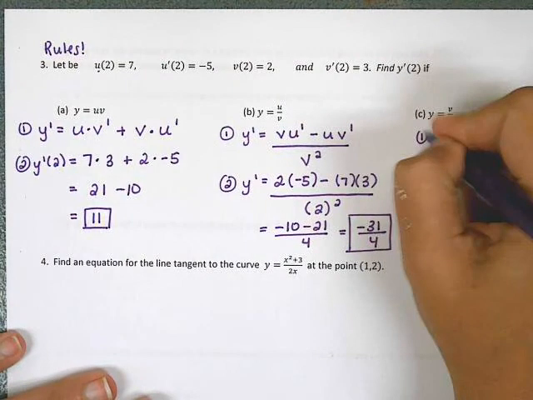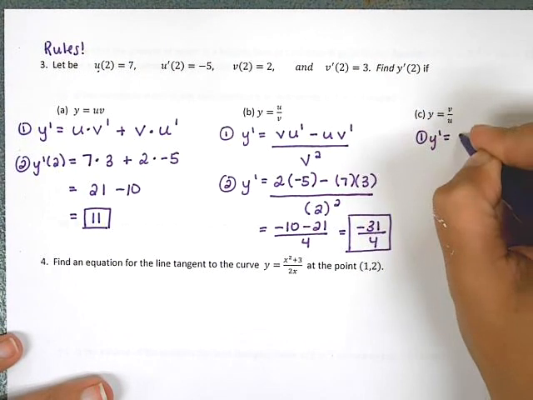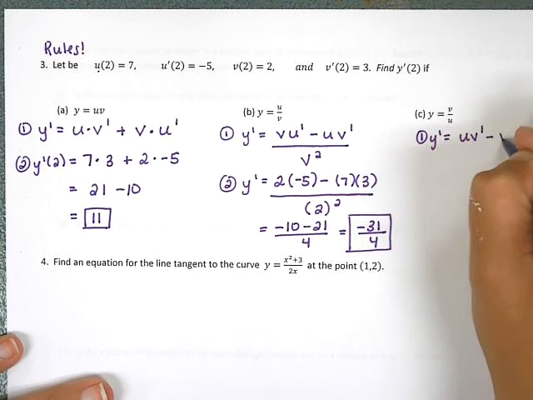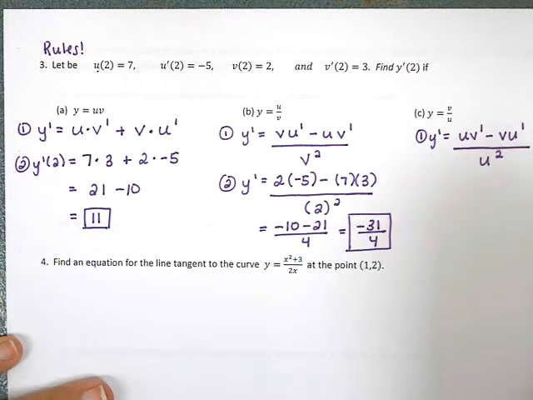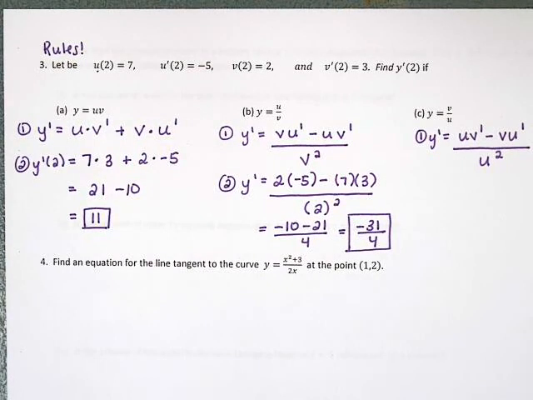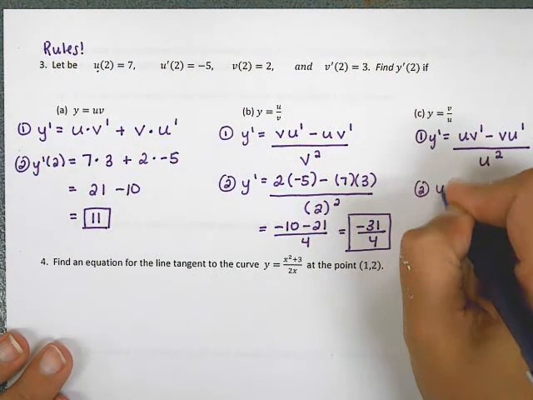Last but not least, if we take a division problem and we flip it over, does that or does that not change the result? So if we use that same rule, low d high minus high d low, and low squared goes down below. Based on that alone, I can tell it's going to change the result at least a little bit because the numbers are going to be in different orders. So I would have, if I plug in my numbers,